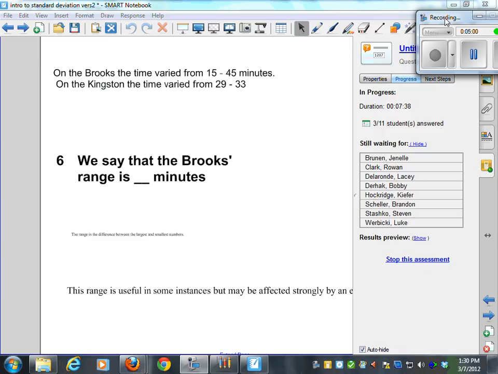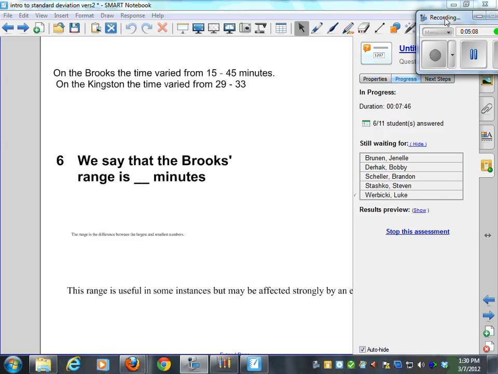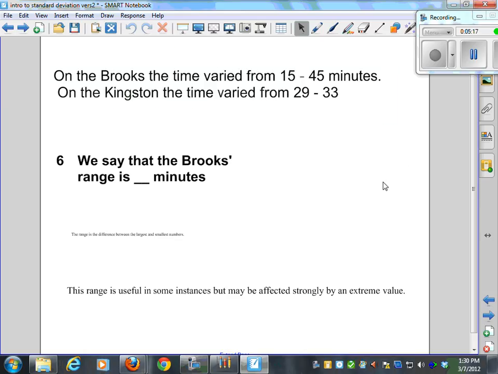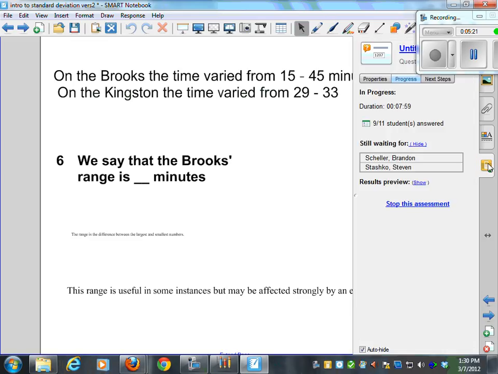Okay, you know what? The Brooks range is... Take a shot in the dark. 49 by 60. No, 30. I'm talking. You do have it on your page too, don't you, Rowan? Yeah, I guess we do. The Brooks. Okay. Still got glasses. 30. I think it reads 90. Wait,